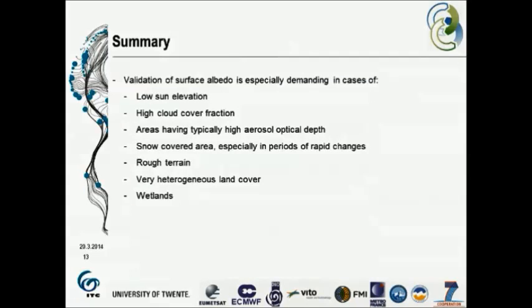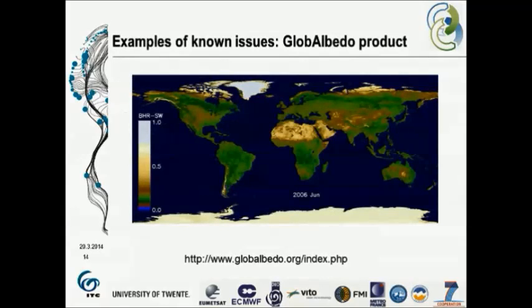So, to summarize this part, the validation of surface albedo is especially demanding in cases of low sun elevation, high cloud cover fraction, high aerosol optical depth, snow-covered area, especially in periods of rapid changes, rough terrain, very heterogeneous land cover and wetlands. So that was about the general approach to albedo validation, but then as an example, starting with this GlobAlbedo product